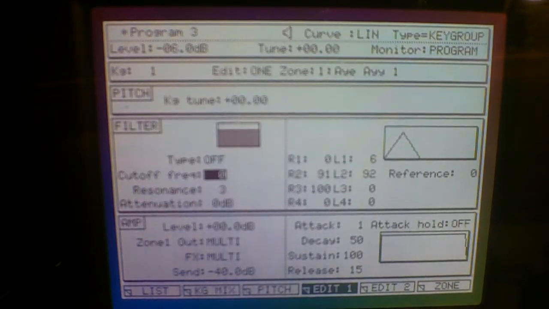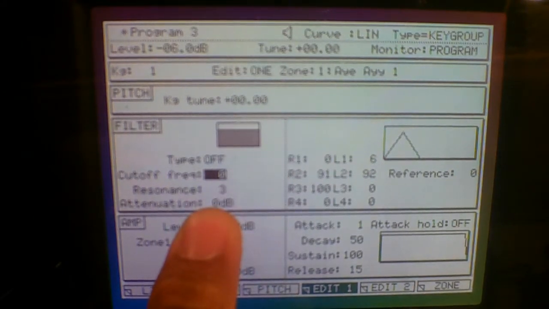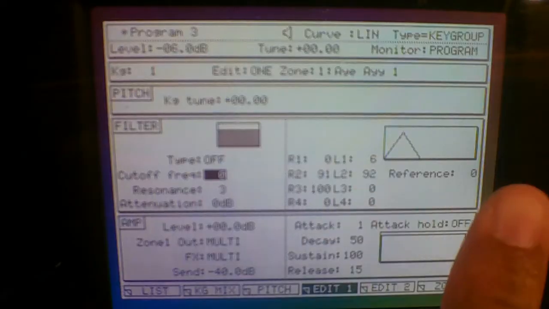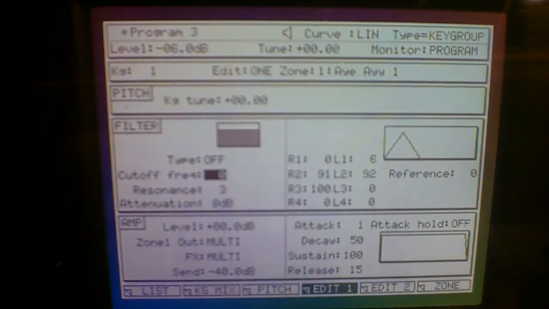Edit screen. At the moment, the filter cutoff, you see it's off. I was messing with the envelope, and I'll show you why in a few minutes, but just know this is the filter, this is the envelope for the filter. Envelopes are simply the ADSR: attack, decay, sustain, and release. Just know that. This is the amp, and this is the amp's